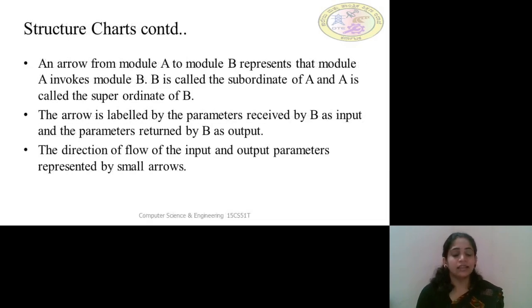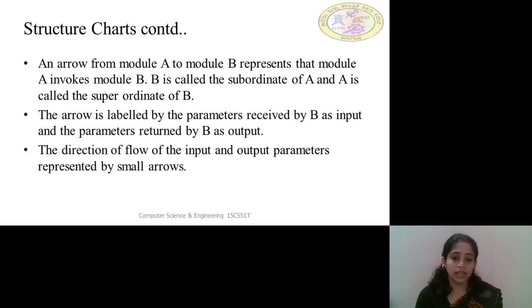As I said, there will be different modules in the program. There will be an arrow mark to represent how exactly the data flows. Here an arrow from module A to module B represents that module A invokes module B. As I said, the program will contain different modules.